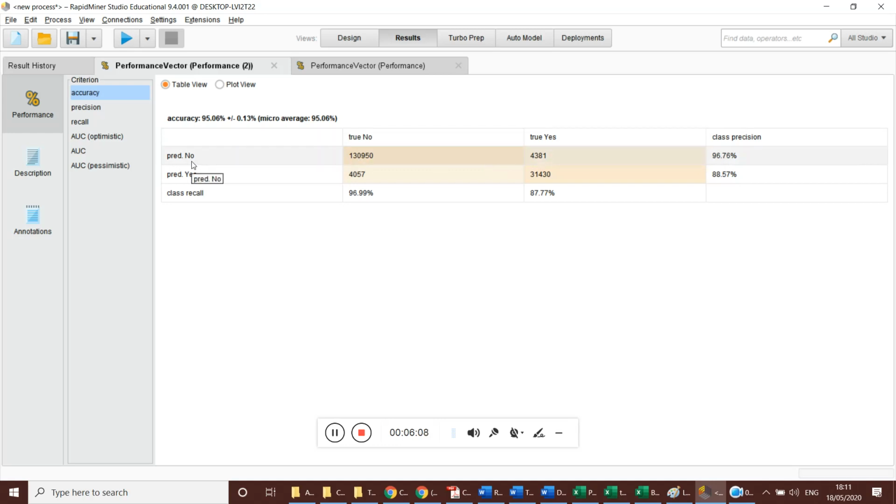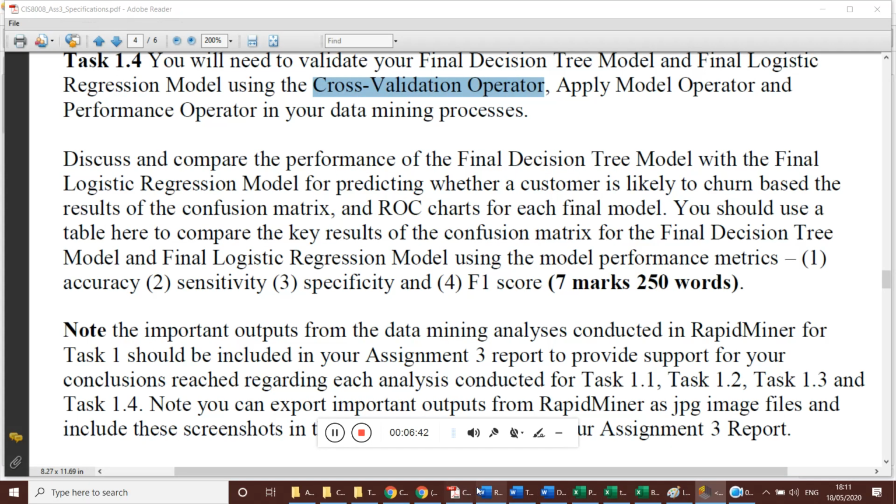true positives, true negatives. If you see that when the prediction is no, actual value is no, is maximum, it is 96.76%. Still, it got some negative values. I guess this value is not less, but when we compare this with the decision tree accuracy values, it is low. So our primary objective is to identify which one is giving more accuracy. So considering these values, you can say that decision tree model is more efficient when compared to logistic model, and we can suggest it to use.